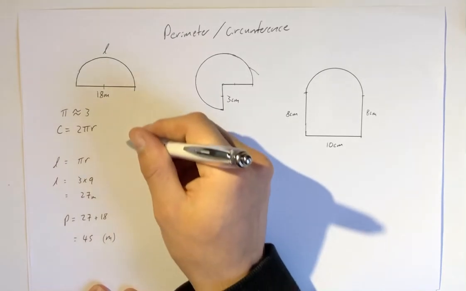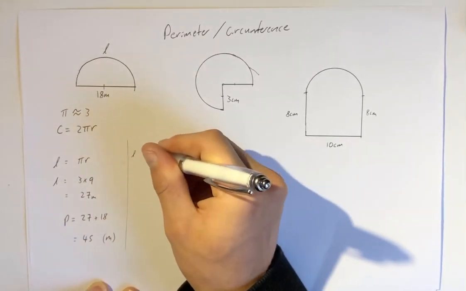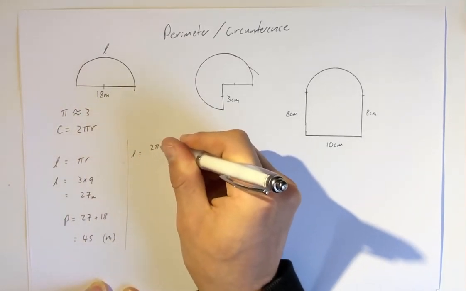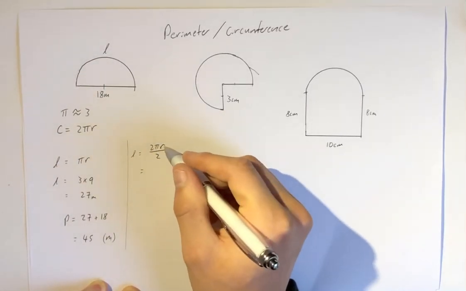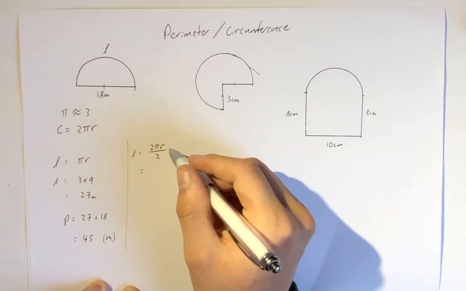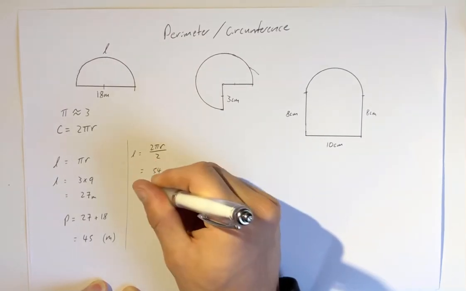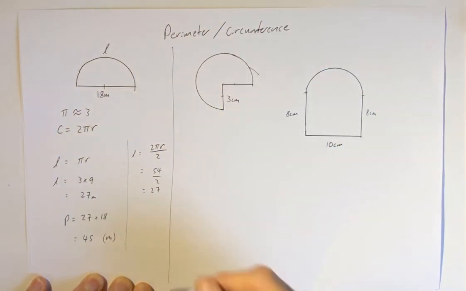The other way you could have done it would be that length is going to be the circumference divided by 2. So you could just go 2 pi r over 2 and actually just do it the long way. So 2 times 3 is 6 times the radius, that would be 54 over 2, which would give you 27 again. So you could have done it with the long way as well. Okay,